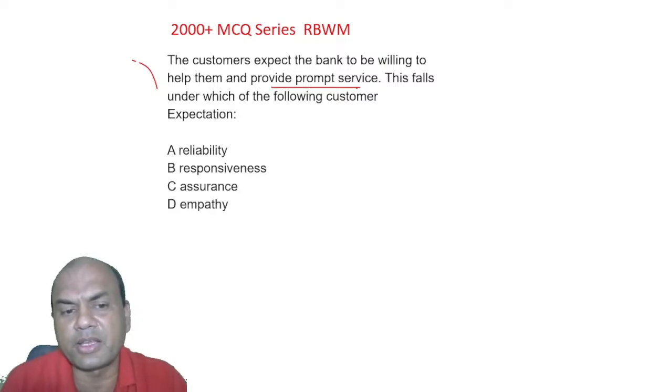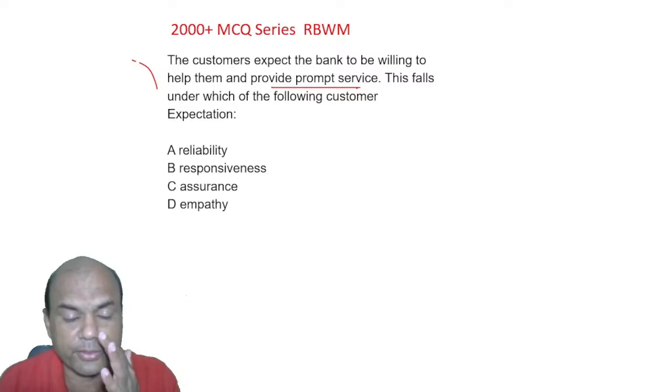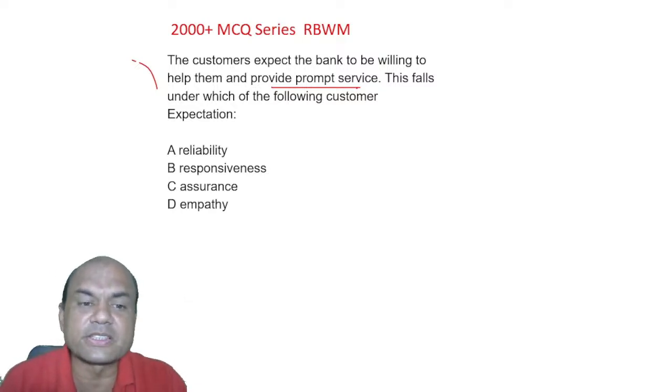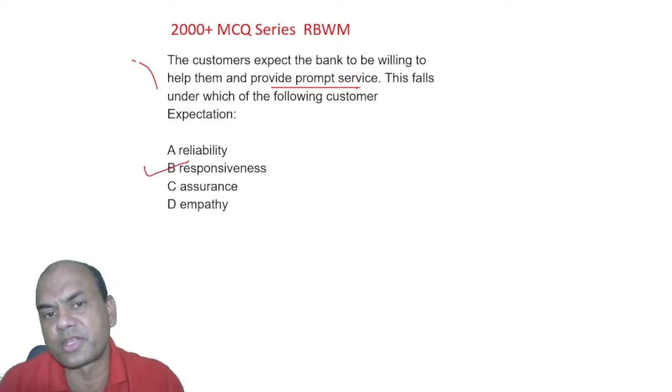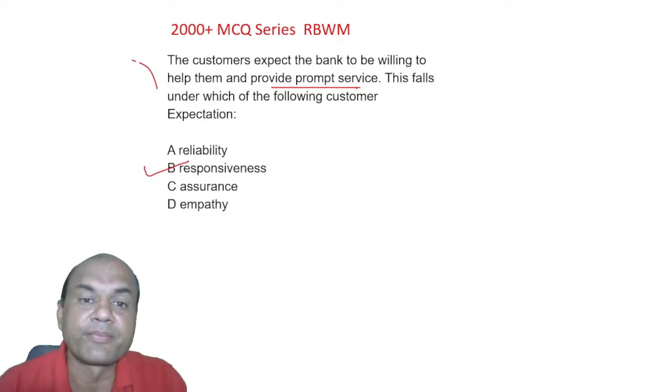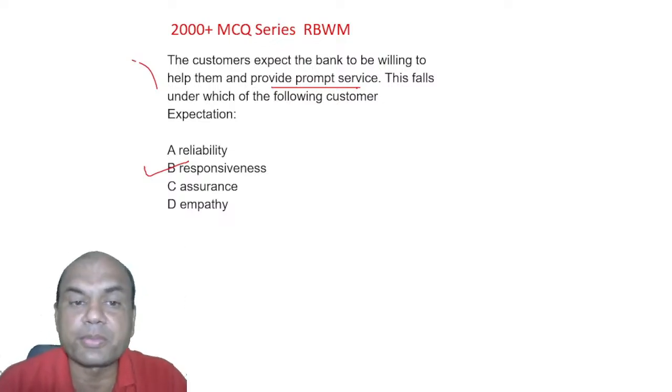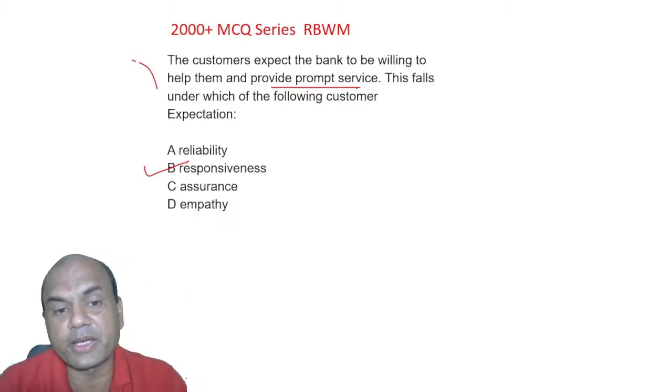Fast means what? Reliability? Reliability is basically confidence about you. Responsiveness is the right answer. Fast response. Responsiveness is the right answer to this. So when the customer is expecting a prompt service and they want you to help them, they are actually expecting